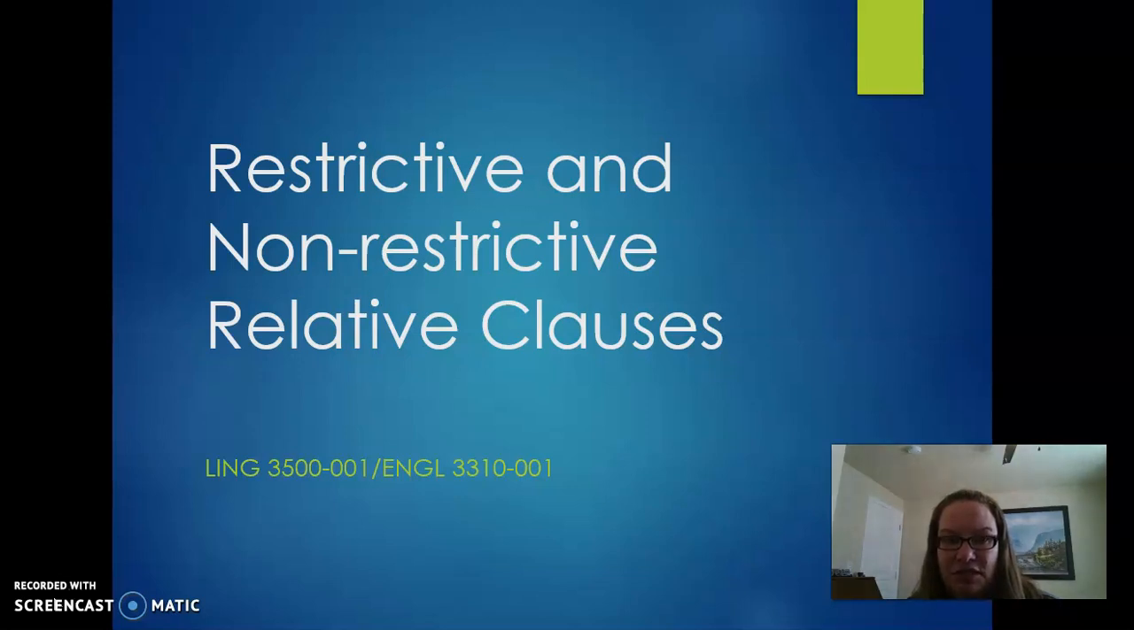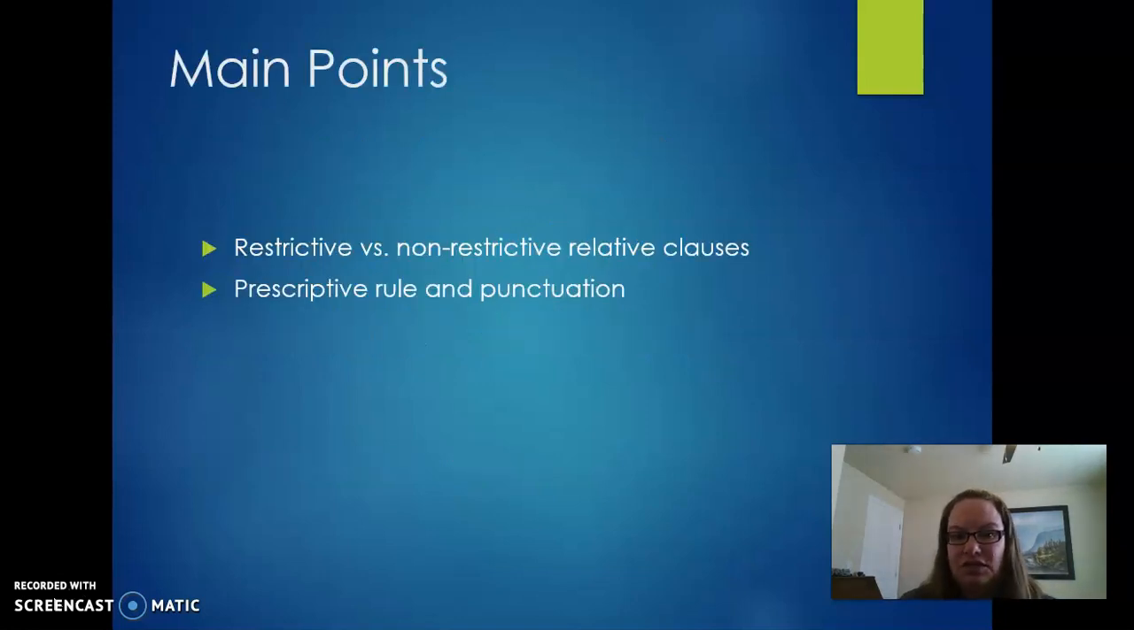So we've just covered coordination and coordinating two clauses together, and then we covered subordination and subordinating clauses and what that looks like. And now we need to talk about restrictive and non-restrictive relative clauses. We've actually talked about relative clauses a couple of times, but now we're going to talk about this specifically. We're going to talk about what restrictive versus non-restrictive means, and then also about what we do for